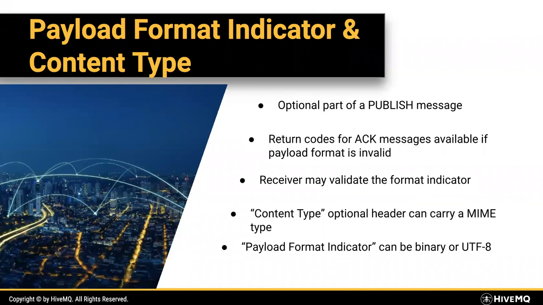But you also have a content type, which, if you're familiar with HTTP, are the so-called MIME types, which indicate if you have, let's say, a text document, a PDF, or your custom protocol you build for your application. And MQTT can now also indicate how to interpret the content in the message. So this is very useful. And you can, of course, also build your own MIME types in there.